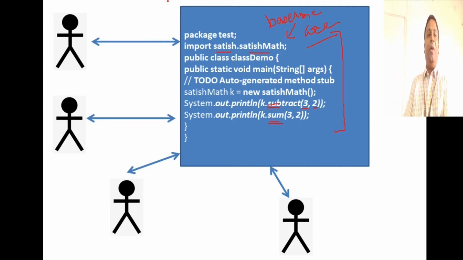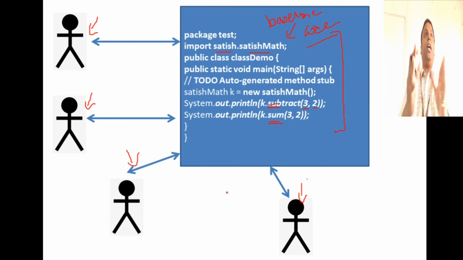You're seeing here, maybe this user uses addition, this user uses multiplication, again addition, or subtraction and addition. So they are using it, and it's on the server. Everybody is using this live baseline code that we have finally agreed upon. Now, what are the two functionalities supported by this code? Addition and subtraction.